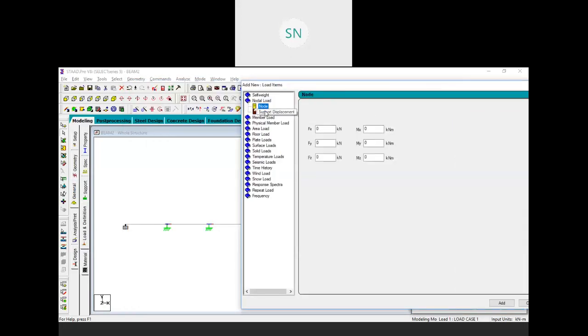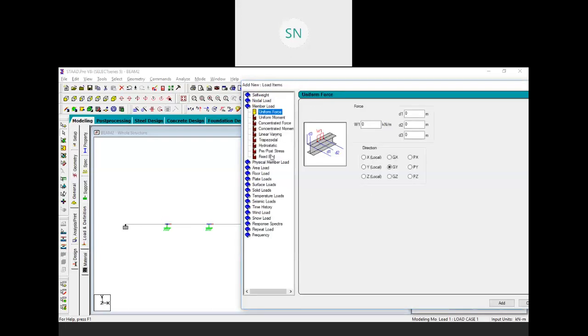Only these are the loads that you can apply on the node. If you want to create a load for your beam, then these are the options we have. These are the loads that you can apply on the beam only.